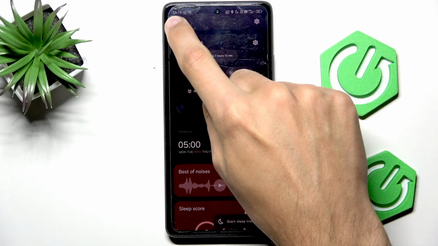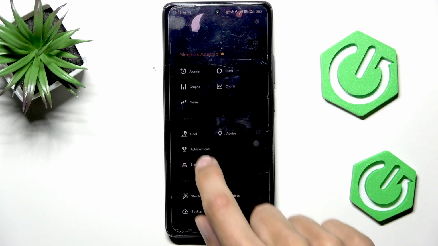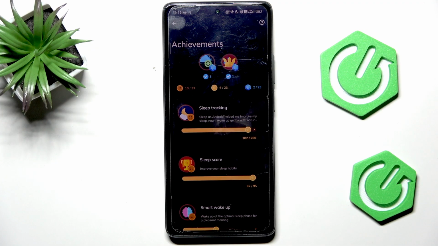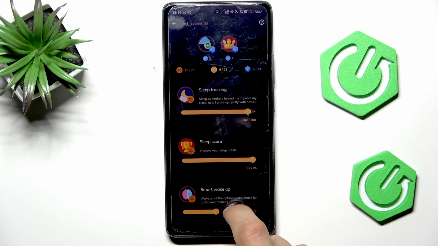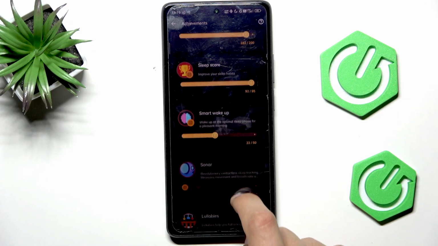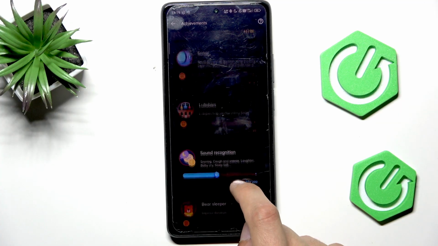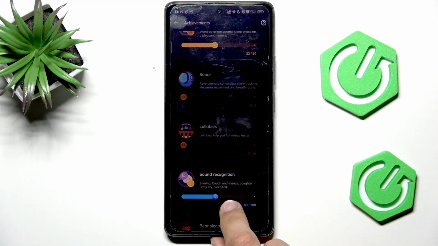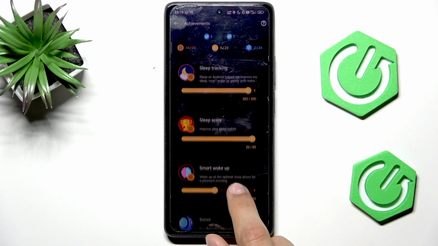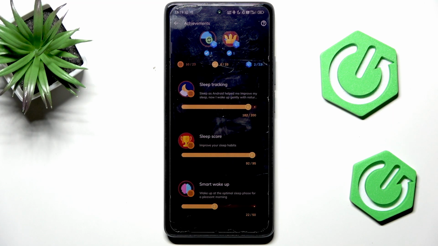To see your achievements, go right here, then tap on Achievements. Here, it will show you your achievements for all the different things it may have, many different categories. It gives you achievements for sleep tracking in general, for how many nights you have, for your